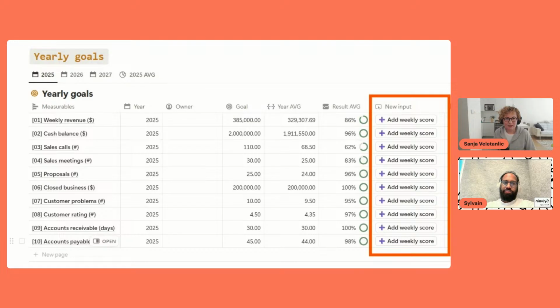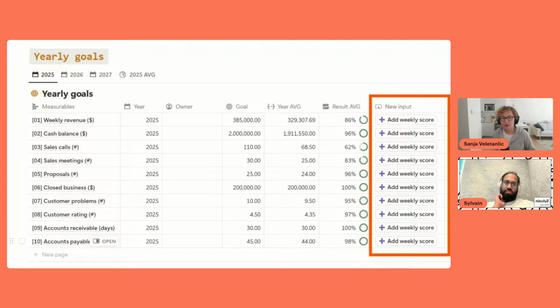So you can set up the automation that will be run, but you have to trigger it manually by clicking on that button. For example, here I have a scorecard for the company, and we have some yearly goals.